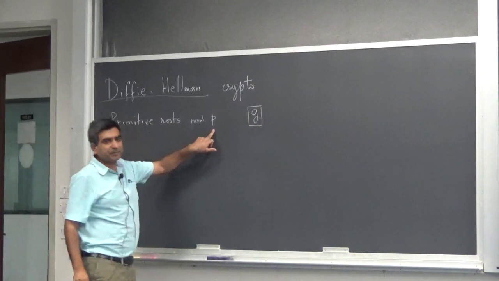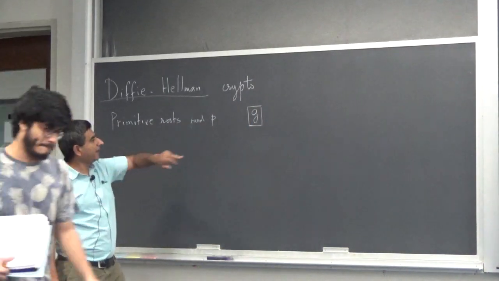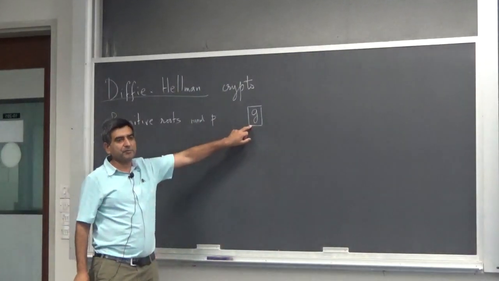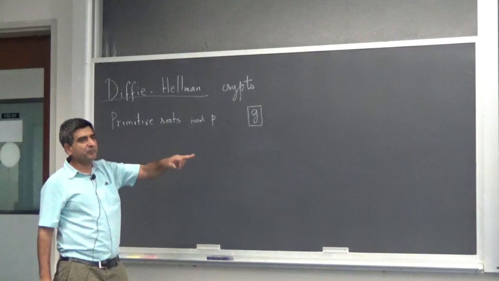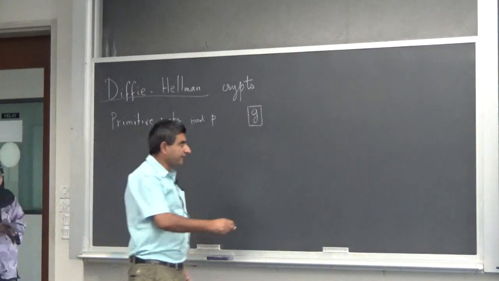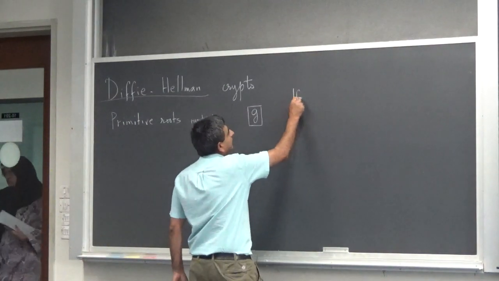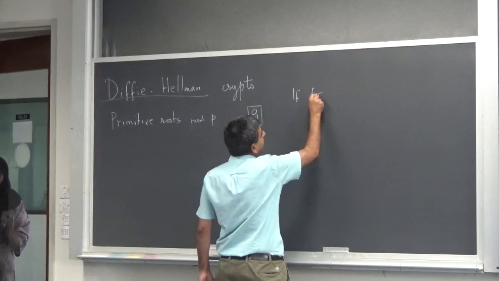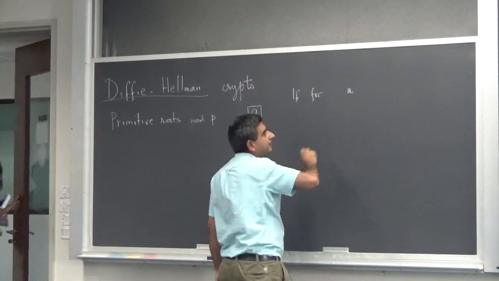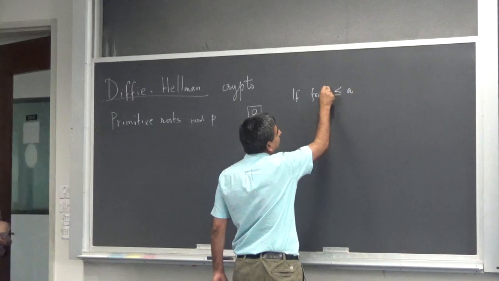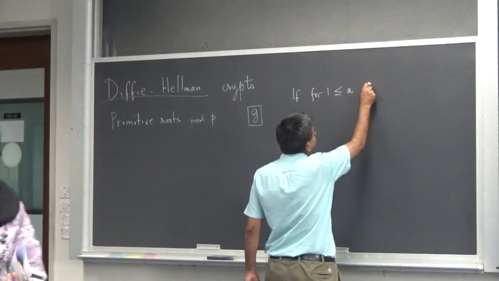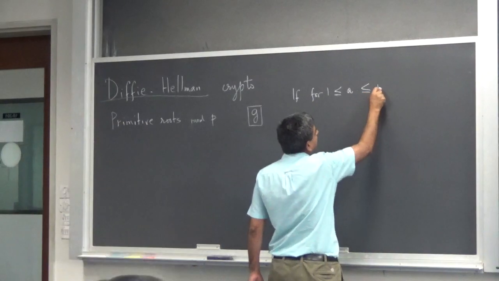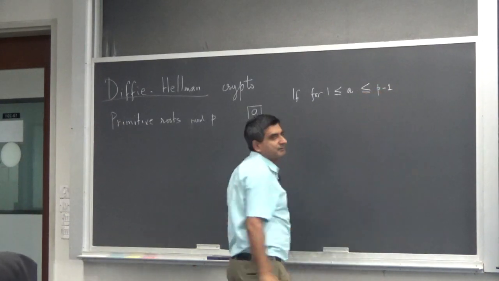Suppose p is a prime number and G is a primitive root mod p. It will be a primitive root mod p if for A greater than or equal to 1 and less than or equal to p minus 1,